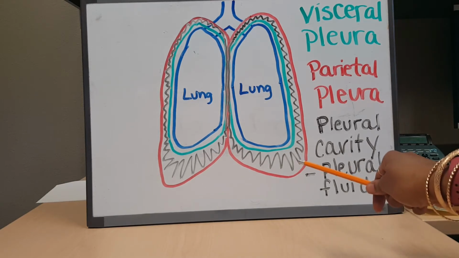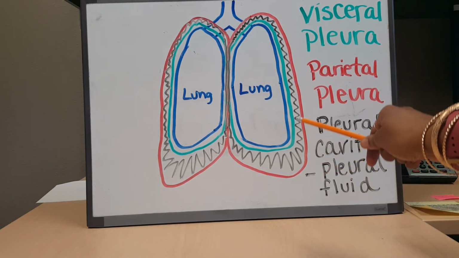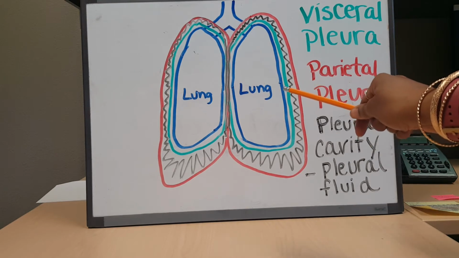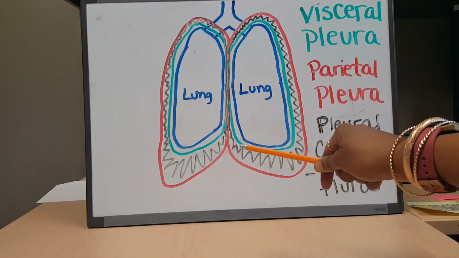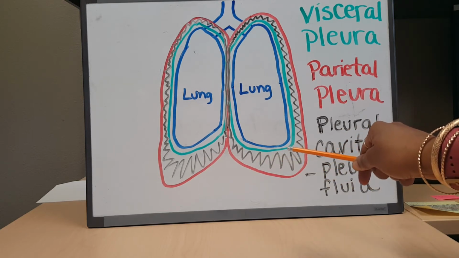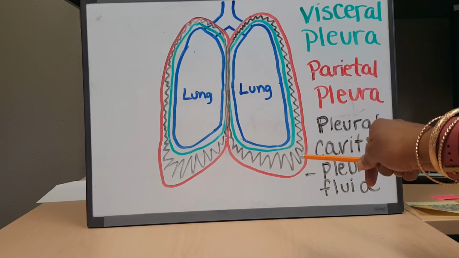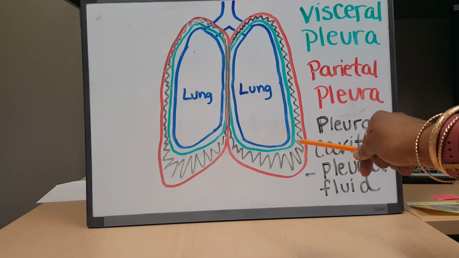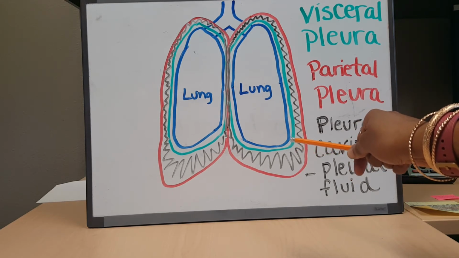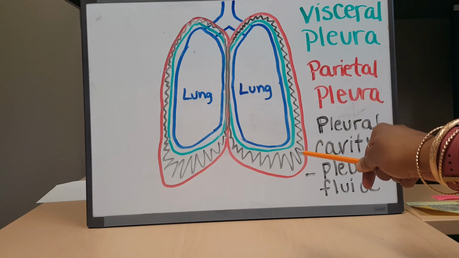This pleural cavity makes contact with the visceral pleura on the inside that actually contacts the lungs. This causes these two membranes to stick together, so when the parietal pleura gets pulled, then the visceral pleura gets pulled. So when the visceral pleura gets pulled, it also pulls the lungs with it, and that's what changes the